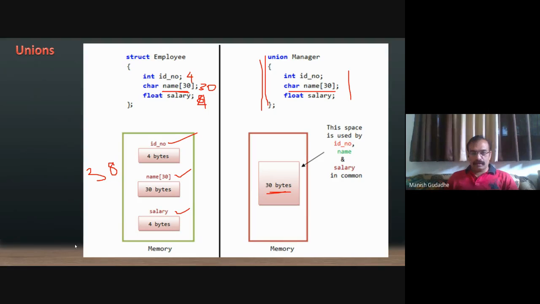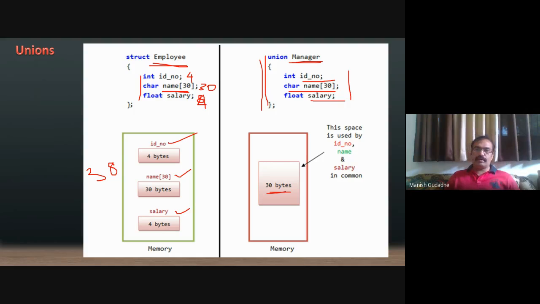Whenever such cases happen that we are not going to use complete information, why are we saying this? See the example here. This example says that an employee has these three pieces of information, but a manager is also an employee. So his ID number and salary are already stored in the employee record.